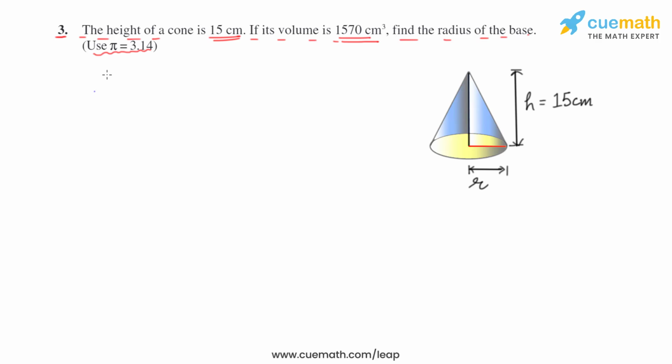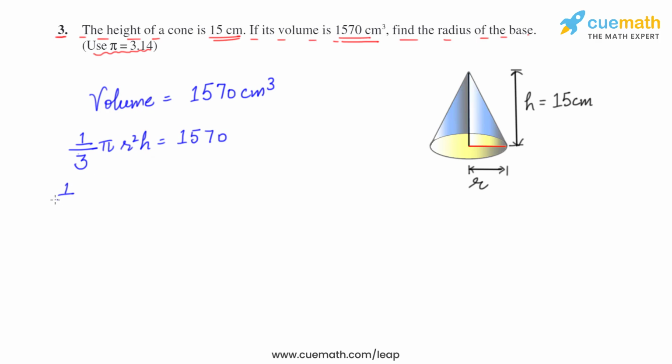Now we know that the formula for volume is 1 by 3 pi r square h. So they have given that volume is 1570 cubic centimeters. We know the formula is 1 by 3 pi r square h is equal to 1570. Substitute the values of h and pi. So 1 by 3 into 3.14 into r square into 15 is equal to